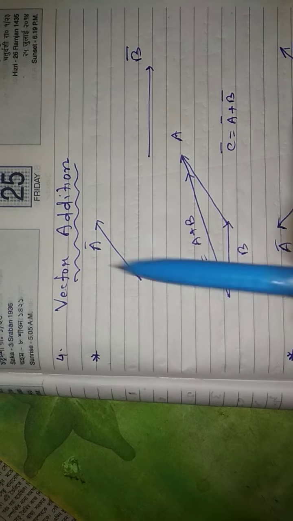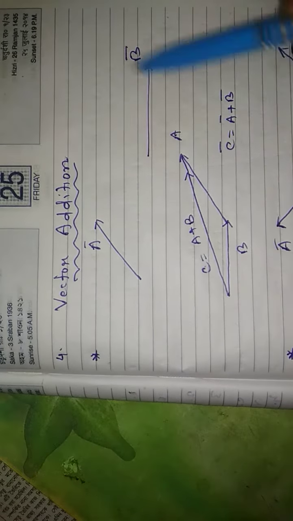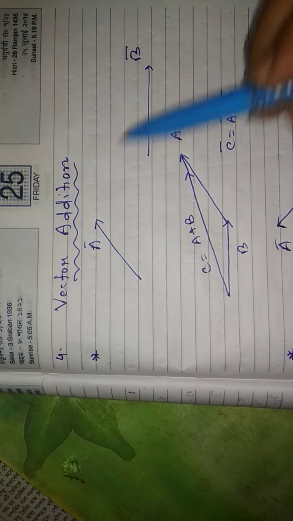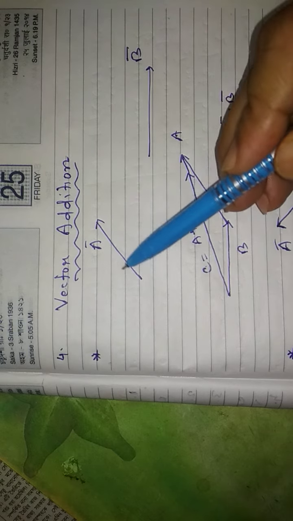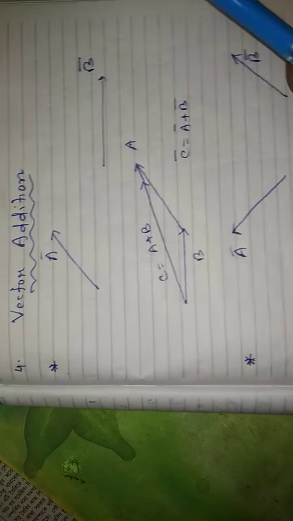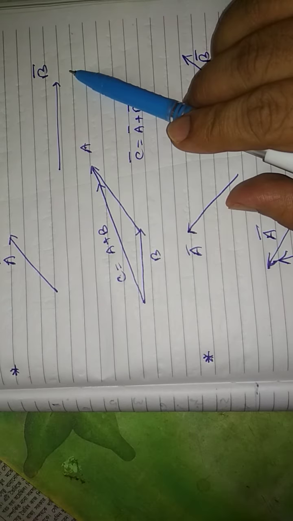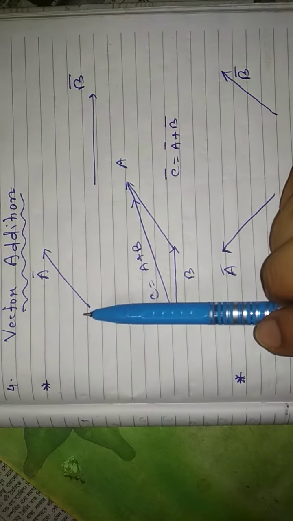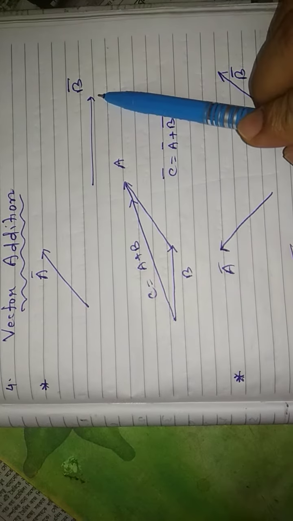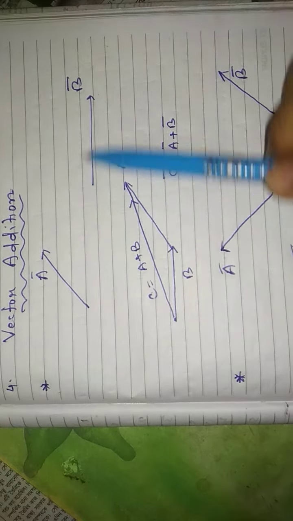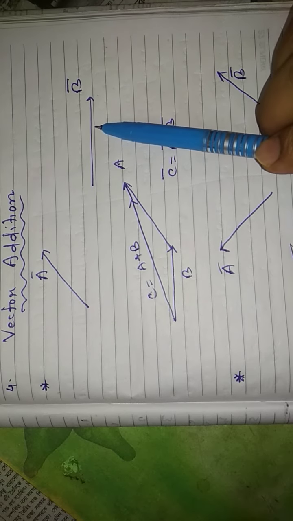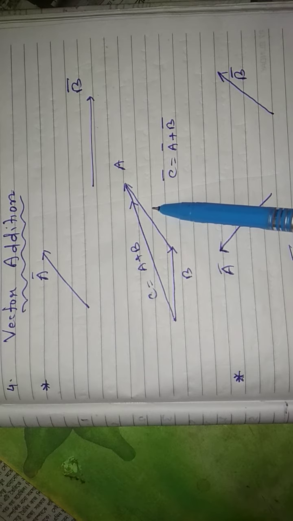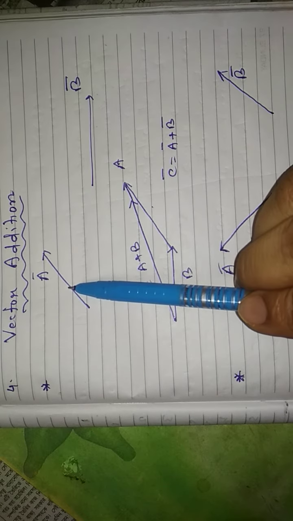Okay, now let us understand vector addition. So we have two vectors with us, vector A and vector B. Maybe these vectors are force A, force B in this direction. So how can we add these two vectors with each other? The formula is we cannot change the direction of the vectors, but we can change its location. Say this vector is this one, so we have not changed the direction of a vector, but we have changed its location from here to here.